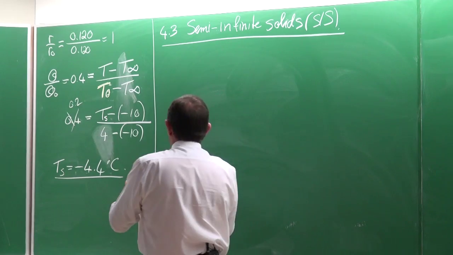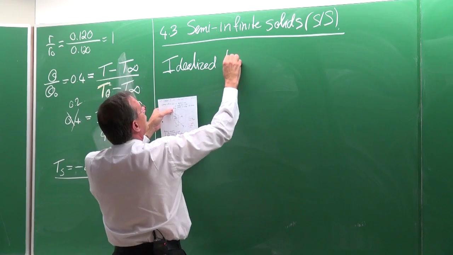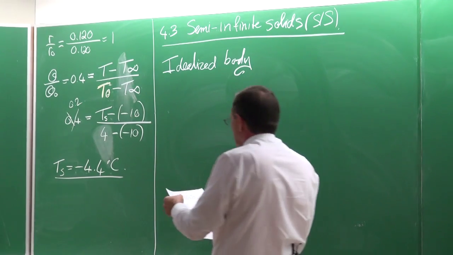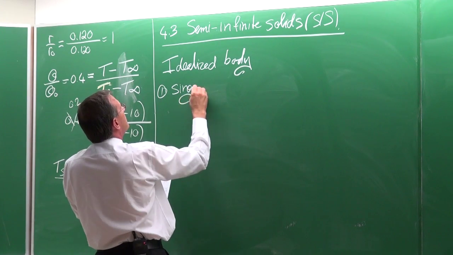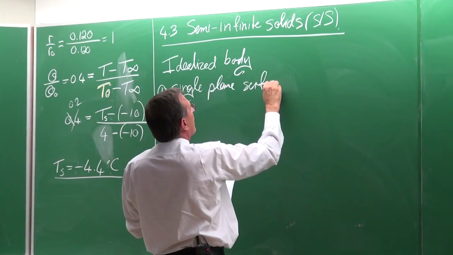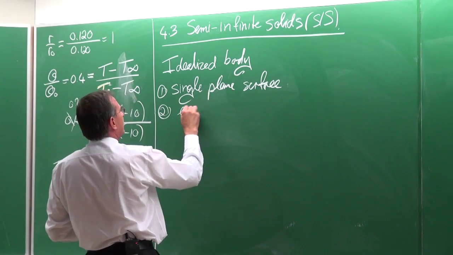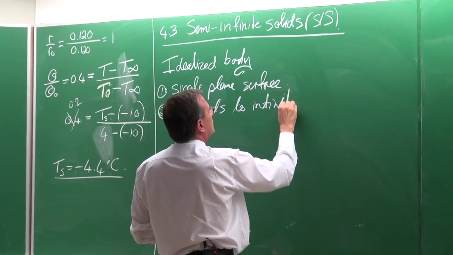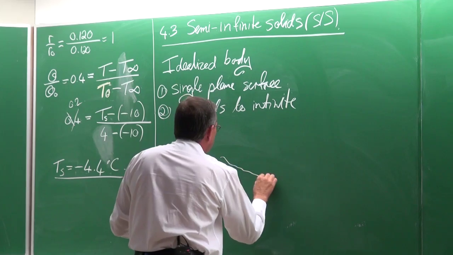Well, firstly, it is an idealized body. So it's not a real one, of course, but there are many bodies which have this characteristic. The first characteristic is that it has a single plane surface. It must have a single plane surface. Okay, and then it extends to infinity on the other surfaces. So if we draw it schematically, it would mean